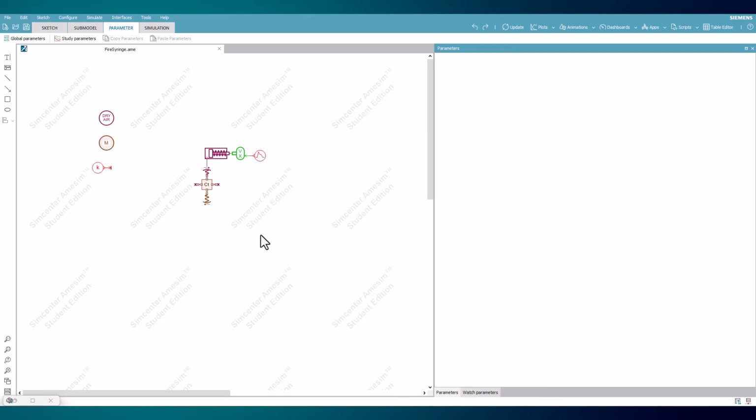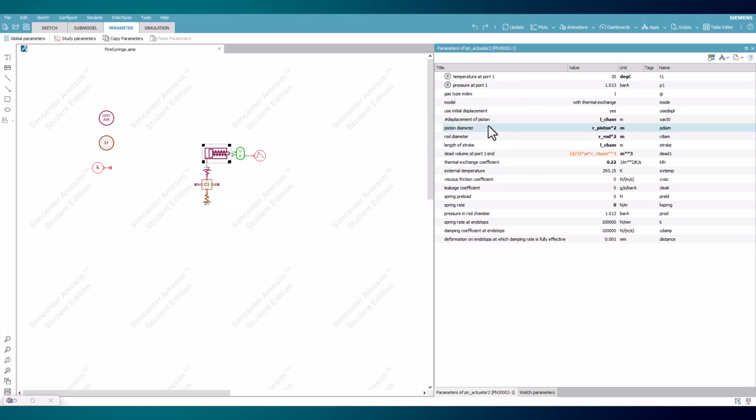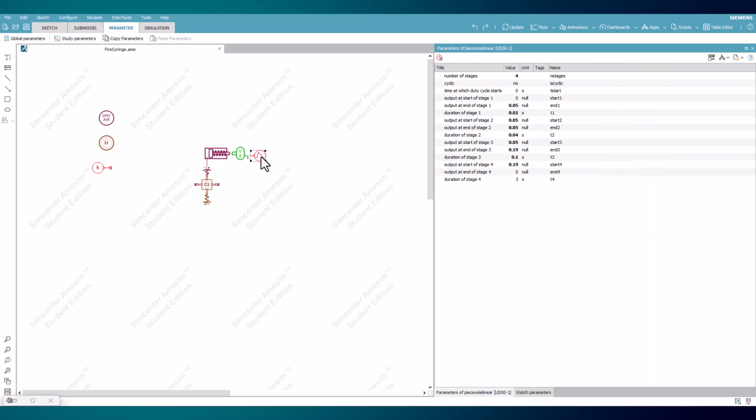The piecewise source dictates the behavior of the system by setting the time in which the piston closes from the top of the chamber to the bottom, with 0 being the initial position, since the piston displacement parameter within the actuator is set to the length of the chamber. The number of stages in the source is set to 4, with stage 1 being from 0 to 0.05 meters in 0.01 seconds, then held at 0.05 meters for 0.04 seconds, and then pushed down to move from 0.05 meters to 0.19 meters, which is almost the entire length of the chamber.